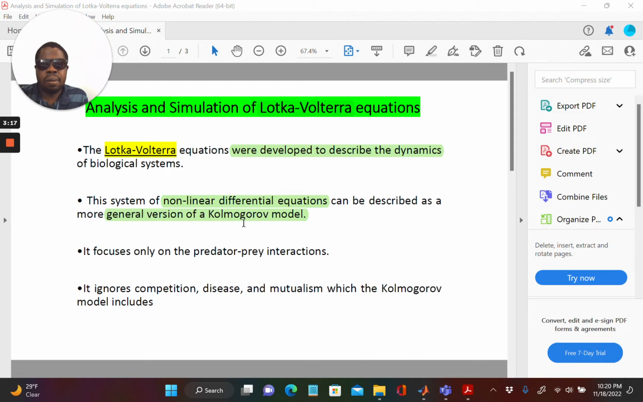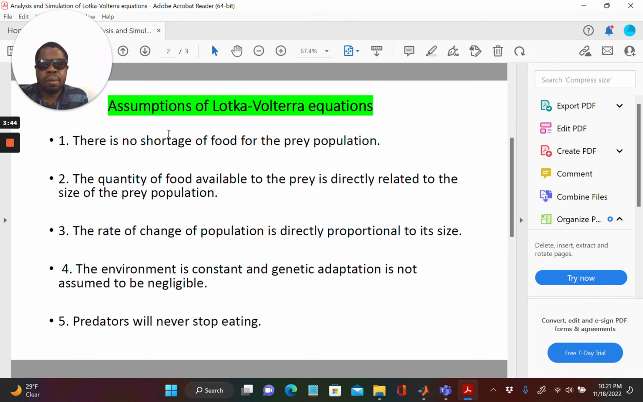Okay, we're saying here that the Volterra model is a special kind of Kolmogorov model. But the Kolmogorov model itself has the following assumption: inclusion of competition, disease in the model, and mutualism. Okay, but Volterra was made to be very simple. So because of that,